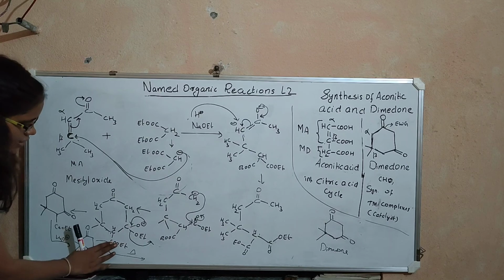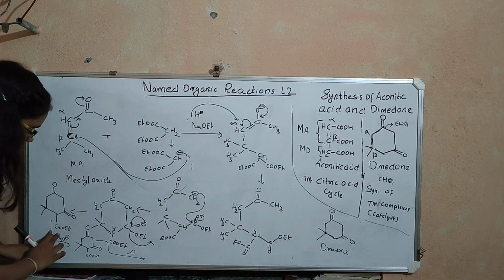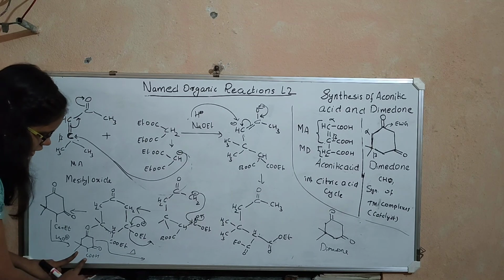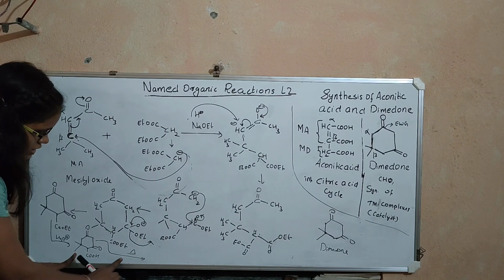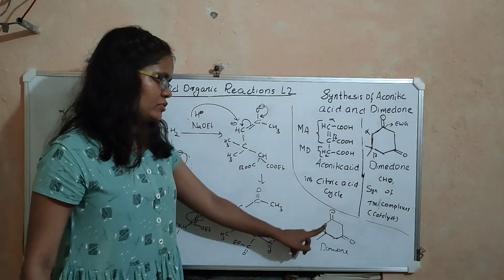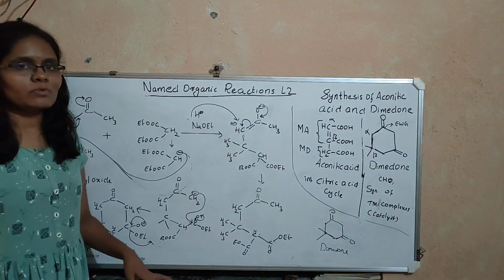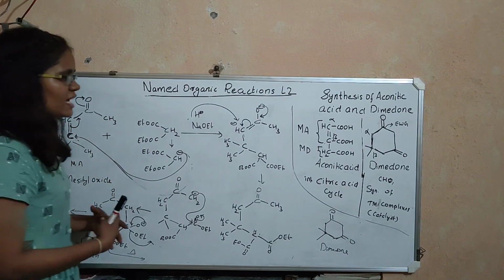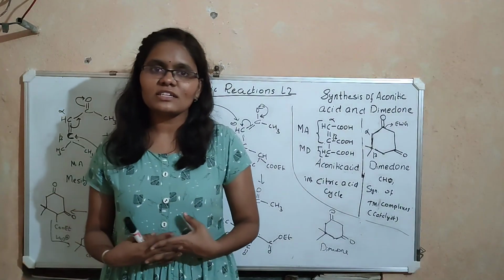Okay. How do you get rid of this? First you do hydrolysis and convert it into acid. Then you heat it to do decarboxylation. Here the carbon dioxide, CO2 gas, will be eliminated and what you get is this dimedone. Actually the problem is I'm not able to use this space properly. I think I'll gradually learn this and I think this is enough for today's class.